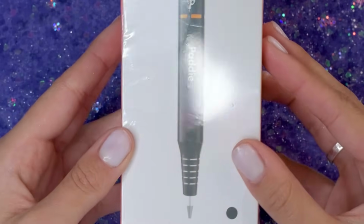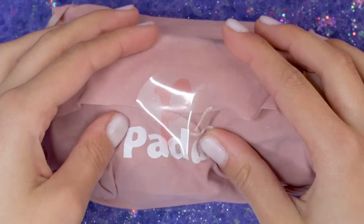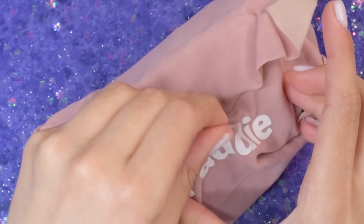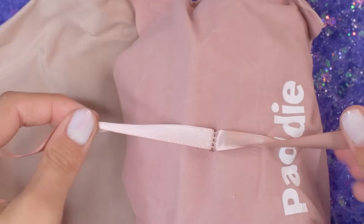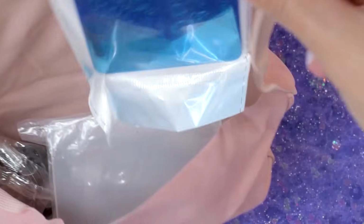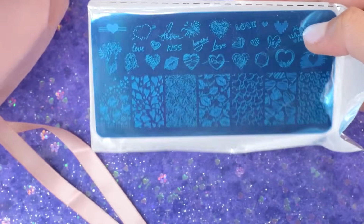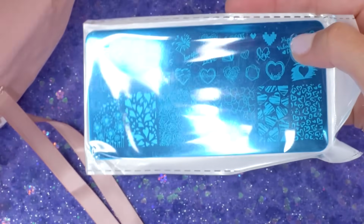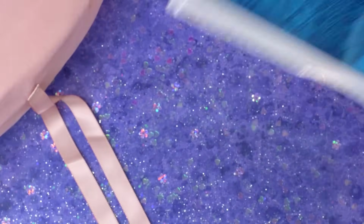They sent me a little electric nail file, so an e-file. Ooh, a little package of something, which I'm assuming is going to be some polygels. Oh, that's so cute. It has like a little ribbon. Oh, cute. Okay, so it has some little nail stamps, like a stamping plate. I've actually never used a stamping plate, but I have a few of them now at this point, so maybe today I'll use it. The little jelly stamper,